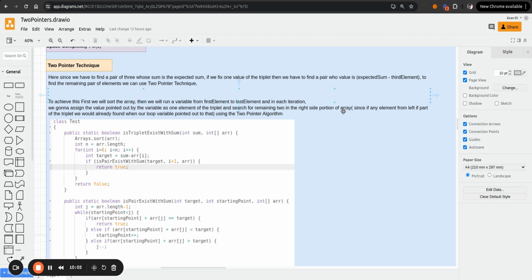Why we are only searching in the right hand portion is because if there exists any element on the left hand side which will be part of the triplet, we would have already found it, because as I said, we are starting the loop from the first element all the way from left to right, right? So when we are fixating each value the loop variable points to in the given array as one of the elements of the triplet,